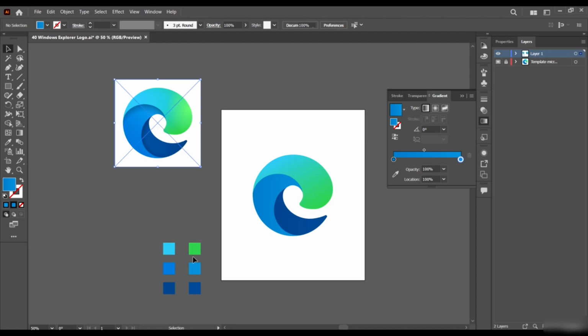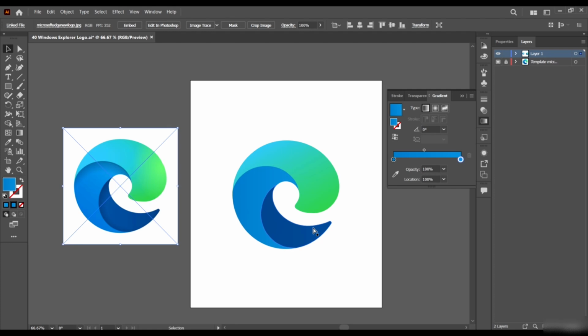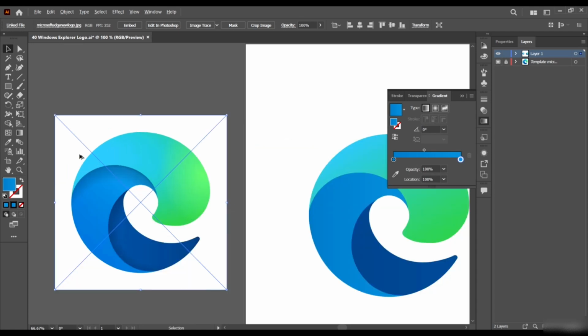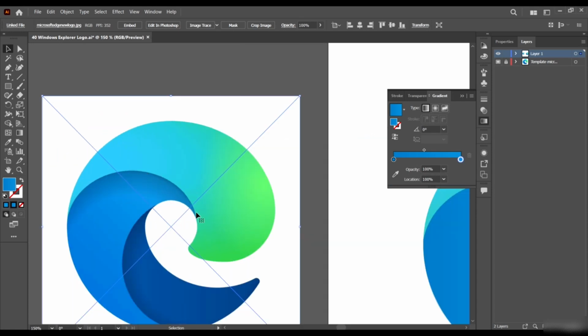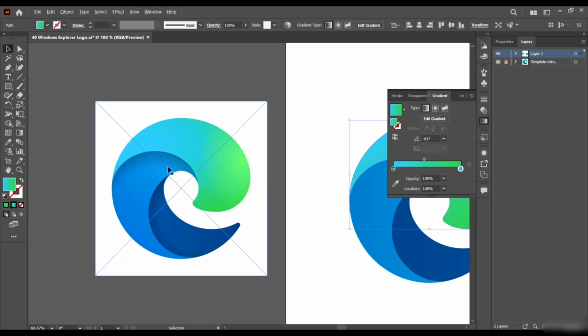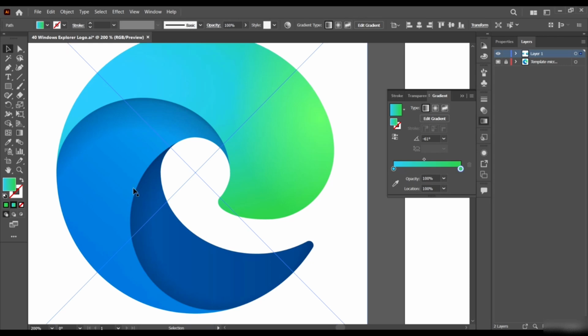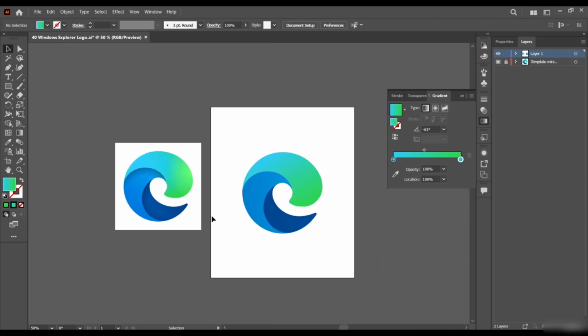Okay, so I can just delete my colors now, and I think we are more than 80% done. I like what we have here. And yeah, the next thing to do is to add these drop shadows, the shadows you can see here. Just add them and we'll be done with the logo.